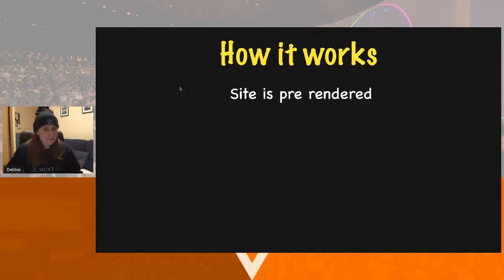So how does it work? The site is pre-rendered, meaning everything is generated at build time. We have all our data, so we don't need to make any API calls when we load the page. Then when the user visits the page, Vue's hydration kicks in, making the site dynamic. And when we first load the page, we load from the static build. But on navigation, we call the API. That's true. So the first load is coming from the static build, and on navigation, we're calling the API. And this is just due to how Nuxt works. It is only static on first render.